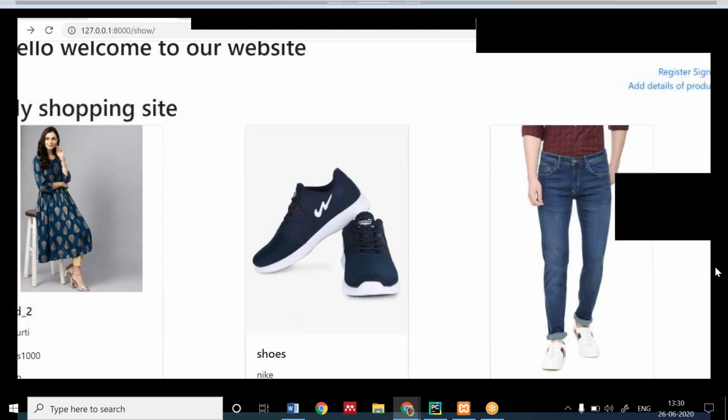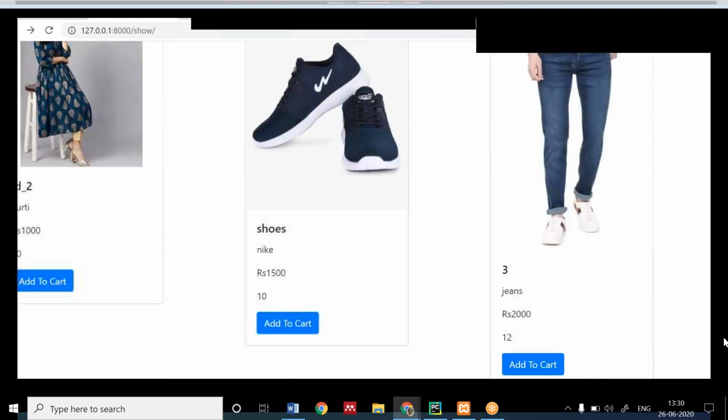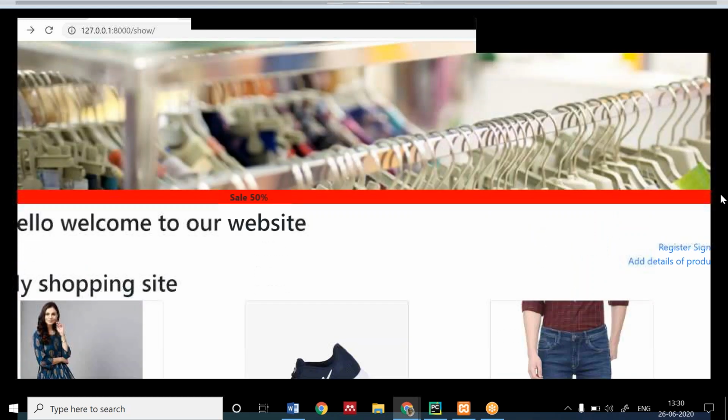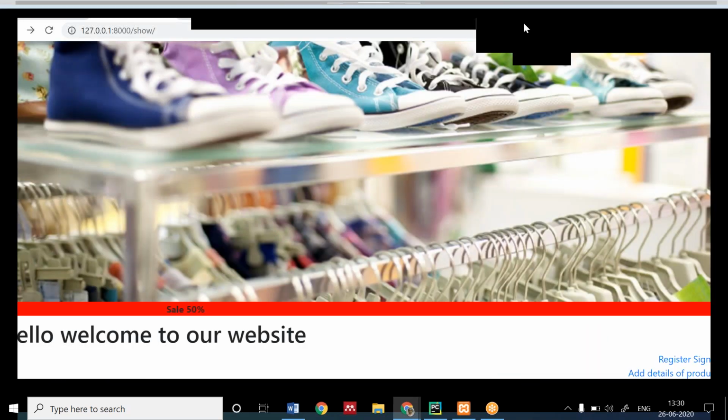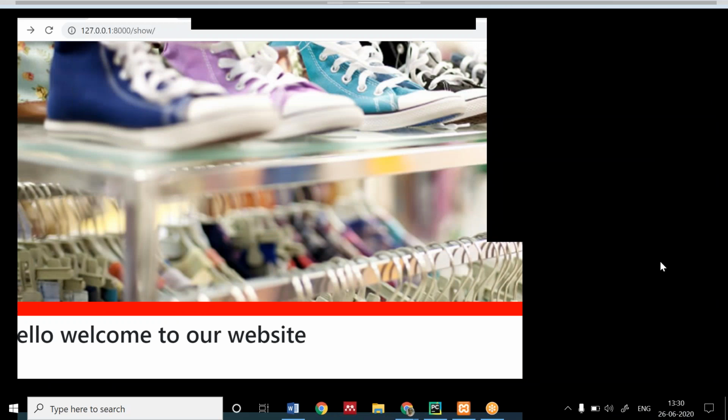The image is big, so it's looking like this. Kamaldeep, it has been sent before also, I'm going to send you.